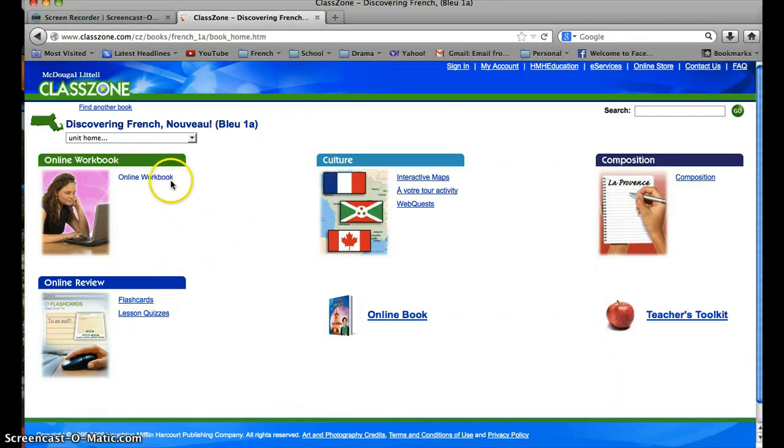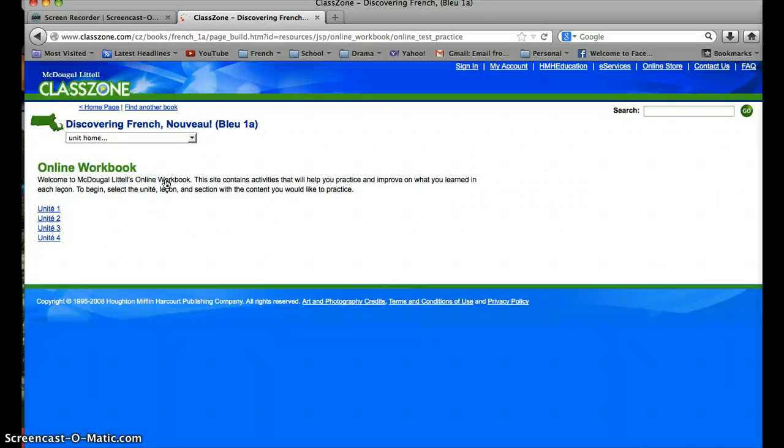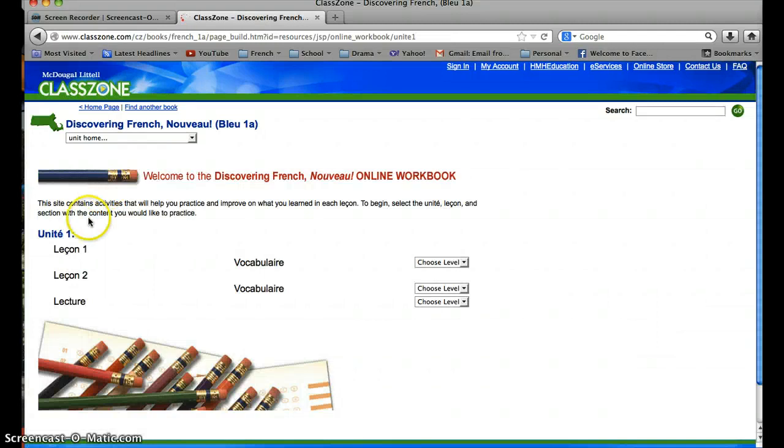Let's go through a few of these. The online workbook is not the same as your written workbook. This does not replace your written workbook. For example, if I go to Unit 1, I've got Lesson 1, Lesson 2, reading, vocabulary. I can choose my different levels. I always suggest trying different ones. So for example, if we choose basic,